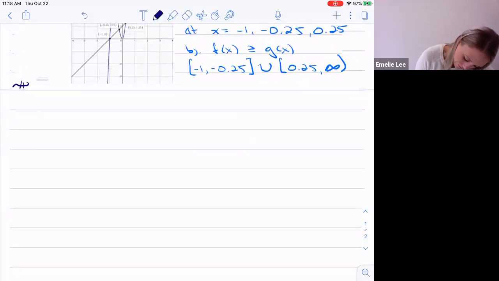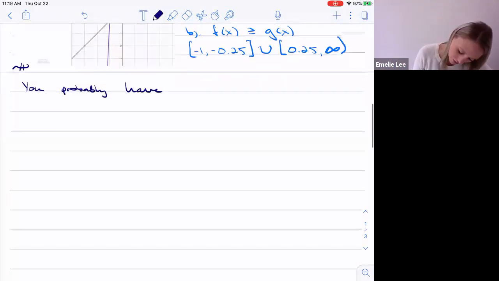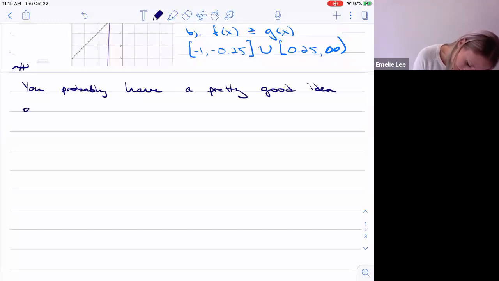So you probably have a pretty good idea of when a function is increasing and decreasing. What I mean by saying that is trust your instincts. You know when a function is increasing or decreasing. If I give you a graph, you can tell me where it's increasing, where it's decreasing. So some of this stuff you already know, and that's what I want to highlight. And so you probably have a pretty good idea of when a function is increasing or decreasing,